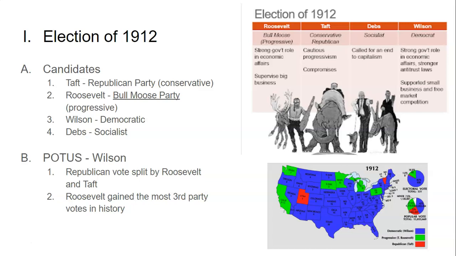However, this election is important because what we see here is Roosevelt, when creating his third party, is essentially splitting the Republican vote between himself and Taft, which actually creates a big advantage for Wilson. Roosevelt also, in his Bull Moose Party, actually gained the most third party votes in American history. He even earned several states, and he got more electoral votes and more votes than Taft did anyway. However, if you look at our electoral map, we can see that Woodrow Wilson is a clear electoral college winner and will become the next president.